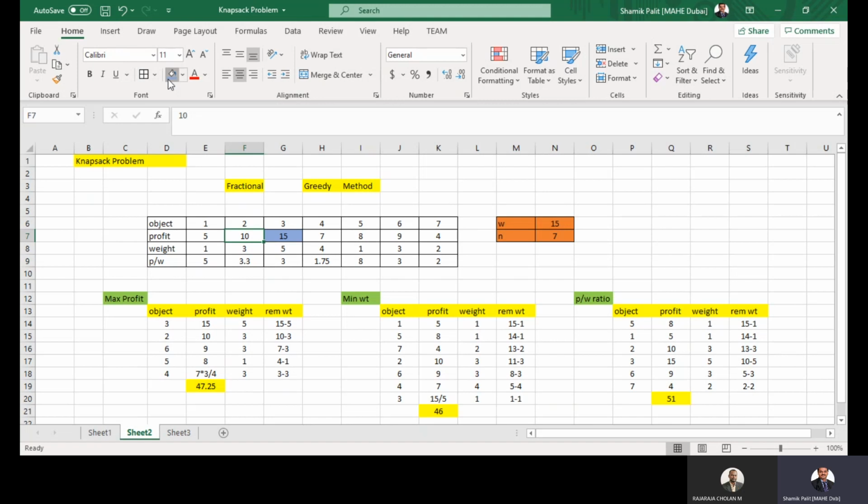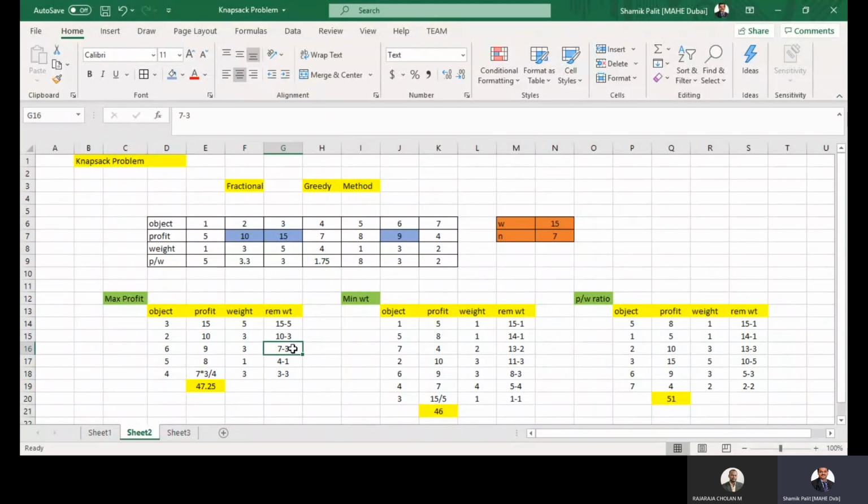So ultimately, again, it was 15 minus 5, 10. The capacity was 10, now again 3 is added, so it becomes 10 minus 3. So every time you need to deduct the weight from the capacity of the bag. Followed by that, what is the next profit you have to consider? The next profit is nothing but 9, because that is the next maximum. And what is the weight associated with that 9? That is 3. So we have considered 3.